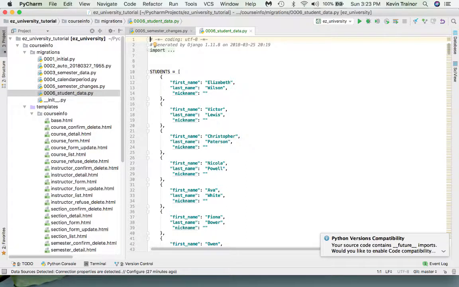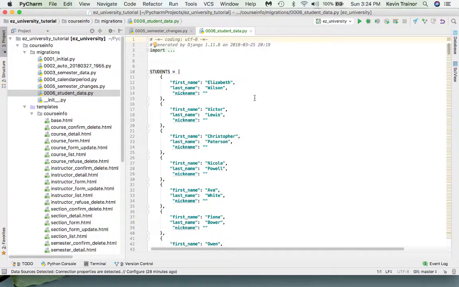Okay. I found it and I've brought it over. So again, I'm going to walk you through the student data, and we're going to have you do the instructor data on your own. So this program that we have here, I generated the shell for 006 student data, the typical way that we learned when we were working on